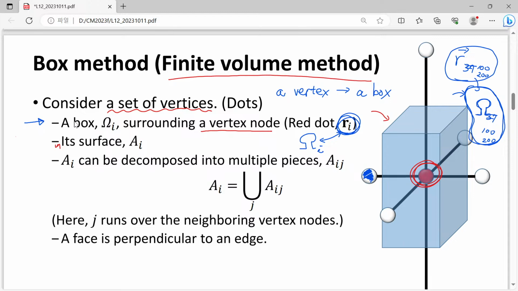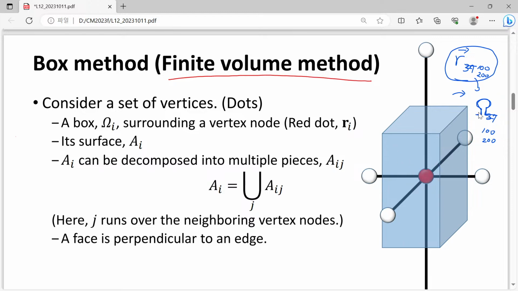So in order to apply this box method, the finite volume method, first of all we have to have a set of vertices, and each vertex should have a well-defined box. Fortunately, we have good ways to build a box for each vertex from a given set of vertices. Okay, then